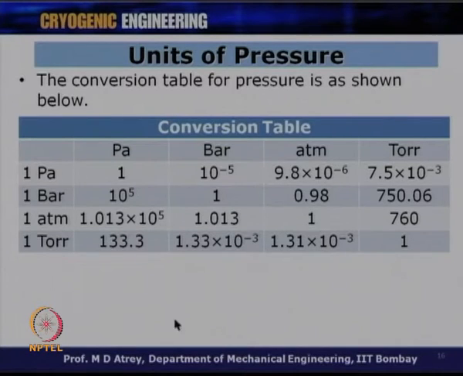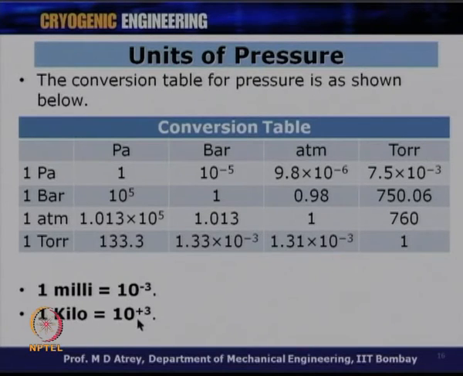So, one can understand from this how to convert different units of vacuum or pressure into other units. This is a conversion table for your usage. Similarly, we know that 1 milli is 10^-3 and 1 kilo is 10^3, so sometimes kilopascal could be written over here. I can say 1.33 kilopascal is equal to 1 torr also, because sometimes you can understand it like this.